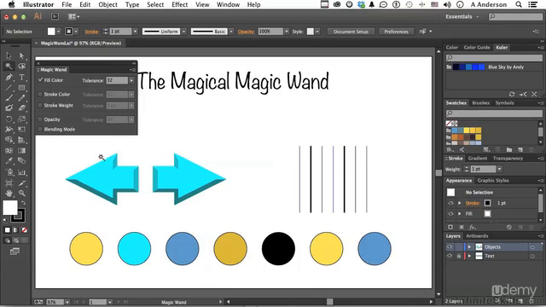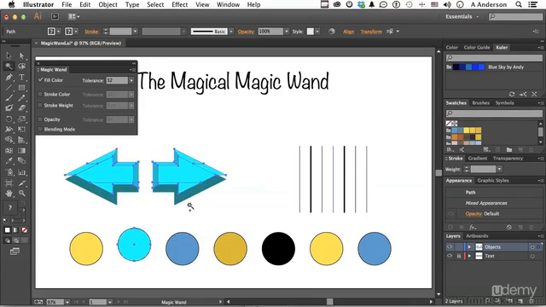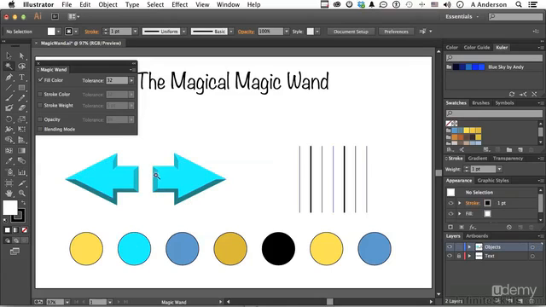So if I come over here and click, say, on the arrow, say right about here, notice what happens. It selects portions of the arrow. It selects down here because that's actually the exact same color. Now, it didn't select these areas down here. Let me move it. You can see the parts that got selected. Let's say, for the sake of argument, that it's selecting too much, because it did select these areas here too, because they fell within the range of the tolerance of 32, and you don't want those selected,